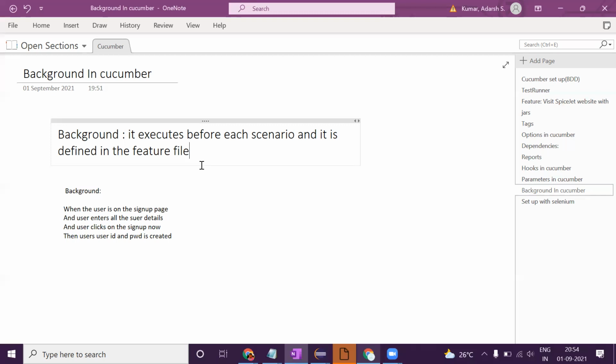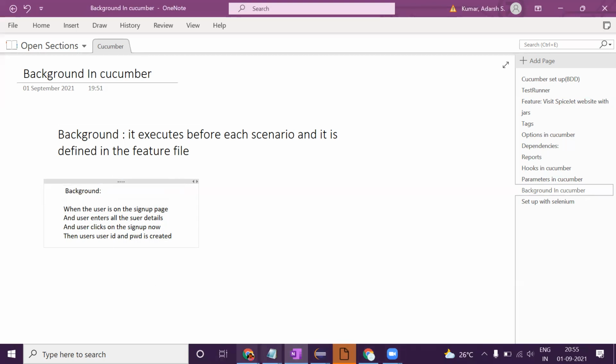So why do we need the Background keyword now and how is it used? Just think, so far we have seen how to log in and log out. For login, I had a set of users for which I used to log in. Now in your test case, it says you need to sign up, then you need to log in. For those steps, you cannot write them again and again in each feature. So we can define it as a Background, and these steps will get executed before each scenario.